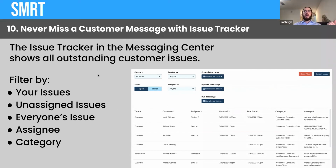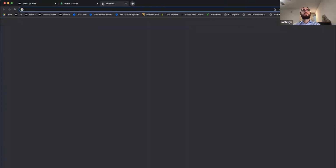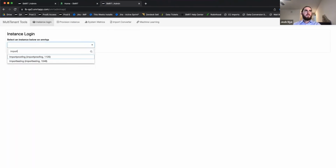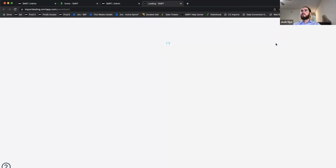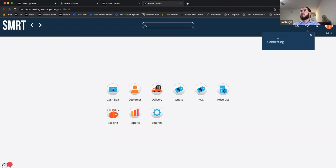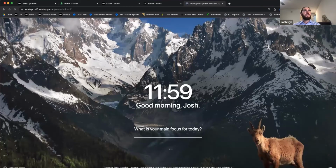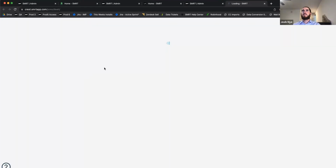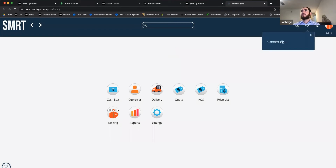Last thing is our issue tracker. So a lot of times I see customers using just the messaging portal. So if we go to another system here. Let's try a different one. It's our QA instance, so developers might be working on it. All right, well, I don't know if my computer's messed up or if messaging is down, but nevertheless,